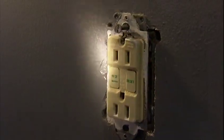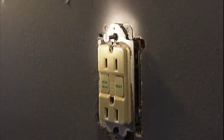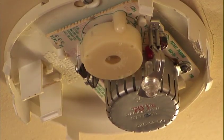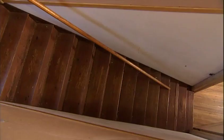it would be safety. Electrical outlets where the covers were off that kids could get into, circuits that were pulled, smoke alarms that were disconnected. But as you move up the stairs, there was this very steep stairs and only one handrail, and that handrail wasn't in place. A lot of the things, especially on the exterior, there's a lot of issues with water control and drainage to try to keep the home dry. There was a lot of things related to humidity on the inside of the house as well. So I'd say keep it dry was one of the main healthy homes principles that was neglected in this house